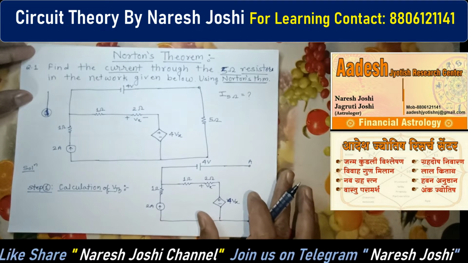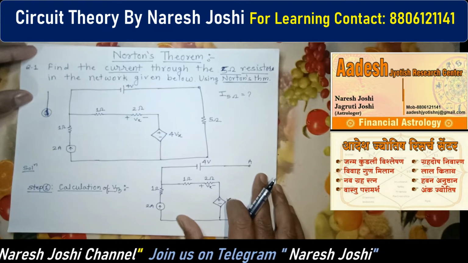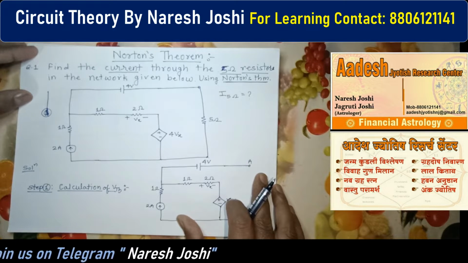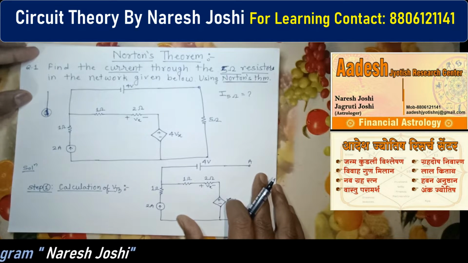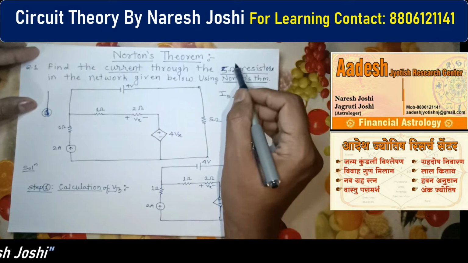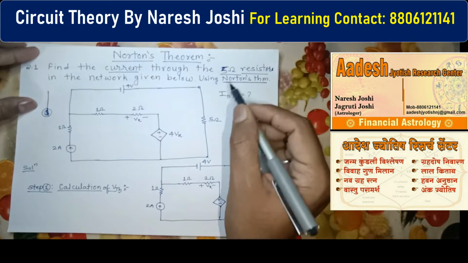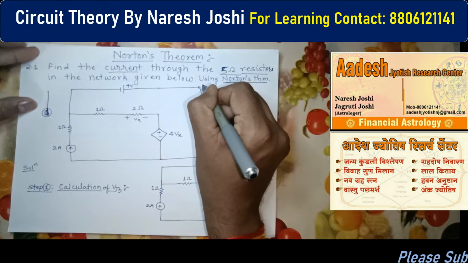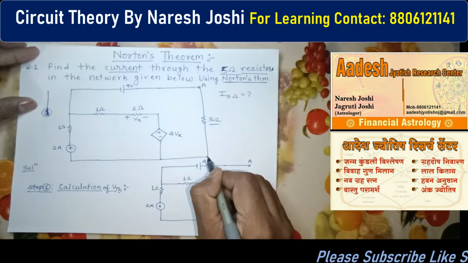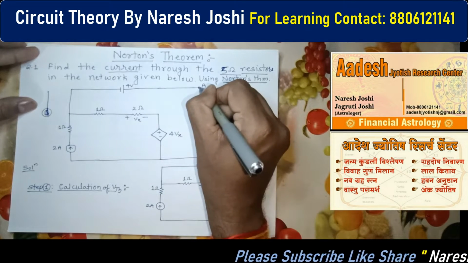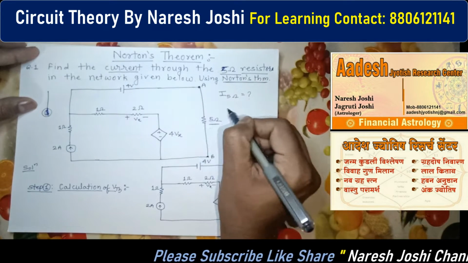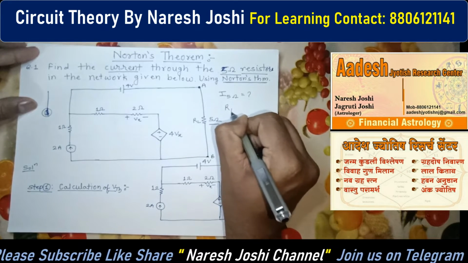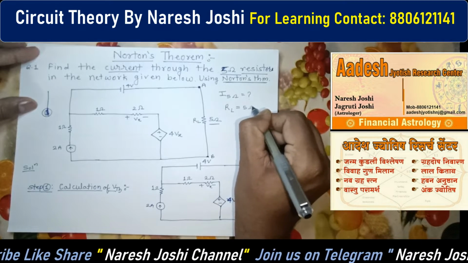So that means whenever we have to solve any Norton's or any Thevenin's or any maximum power related question, we have to identify which one is our load resistance here. Okay, so here you can see through 5 ohm resistance we have to find out the current. This is the 5 ohm, so this will be our load resistance. So here we can mark A and B. Okay, so इसको हमने A और B branch mark कर दिया. Clear? So you can see this becomes our load resistance. So here we can write it as RL equals 5 ohm.